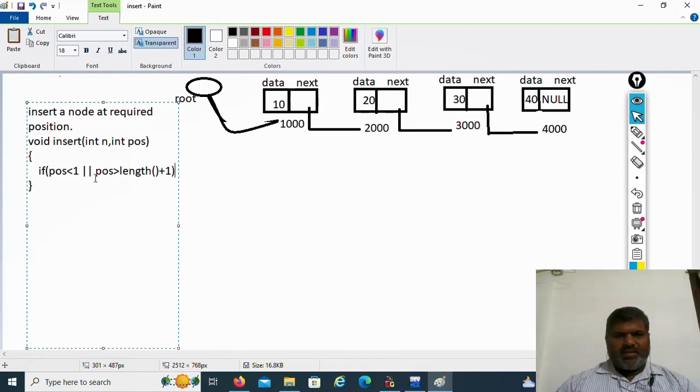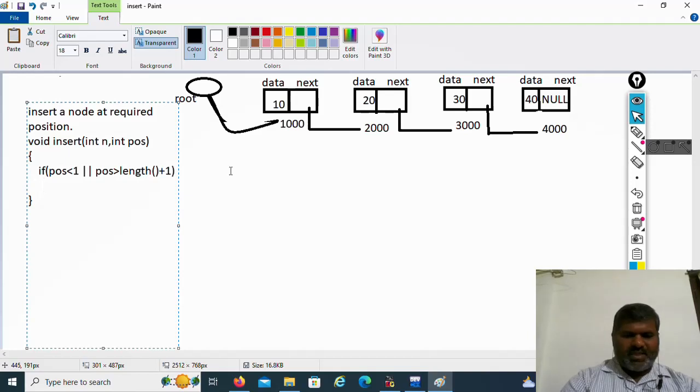As well as it will be possible to insert only up to length plus 1. Length means the number of nodes; we have already seen a video on length. How many nodes are there? 4. So adding at last is possible with length plus 1. Up to here it is possible. If it is less than 1 or greater than length plus 1, simply display one message,